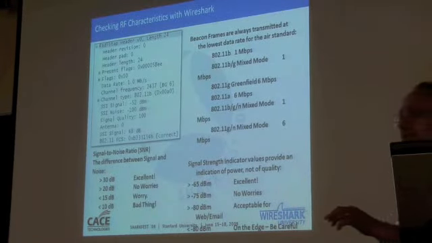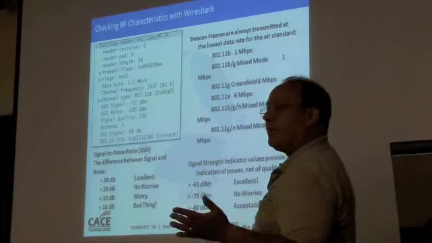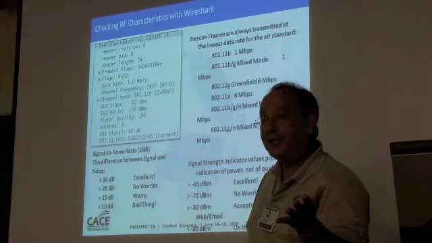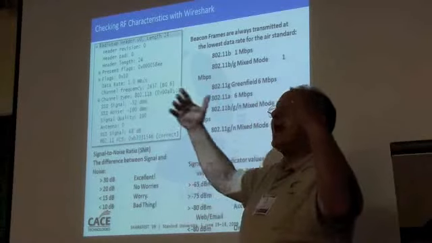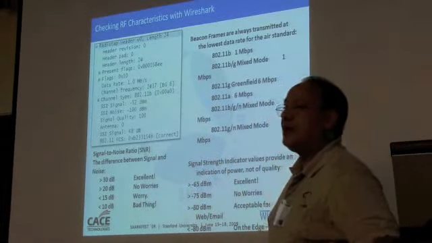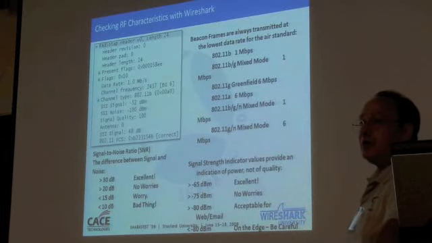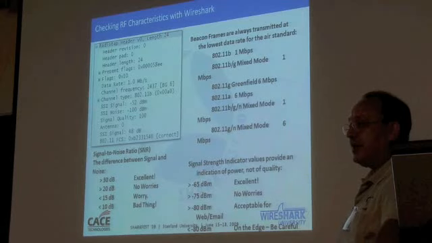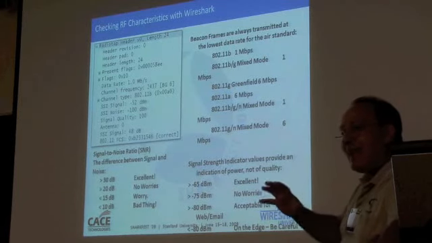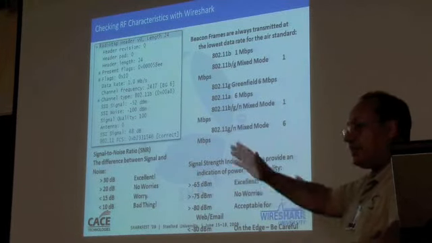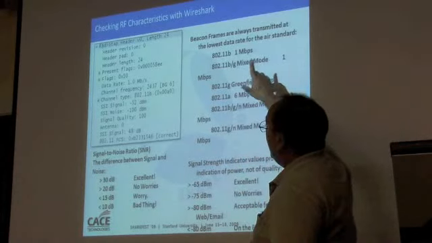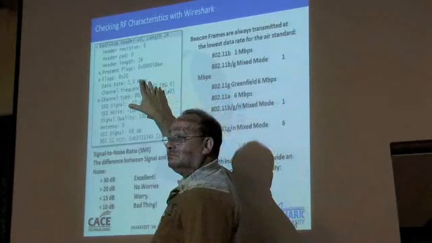Okay, so beacon frames. The first thing I'm going to do to look at any wireless network is I want to get a sense of the general normalcy of the network. It's like you go to the doctor, and the nurse comes in and takes your temperature and your blood pressure. Those are basic behaviors. I look at beacon frames. First of all, I can look at the radio tap header.